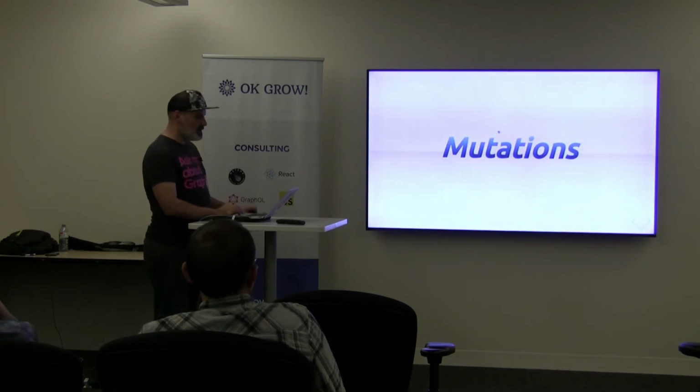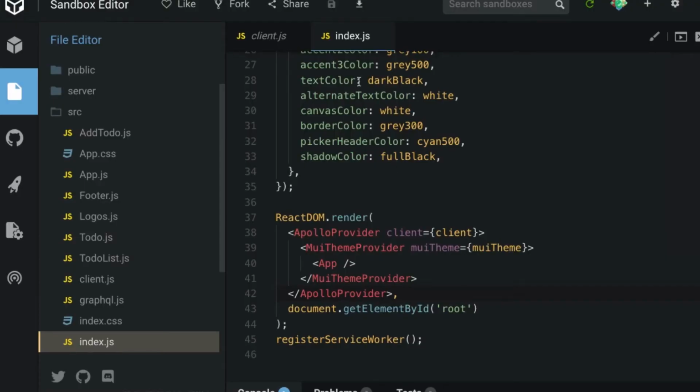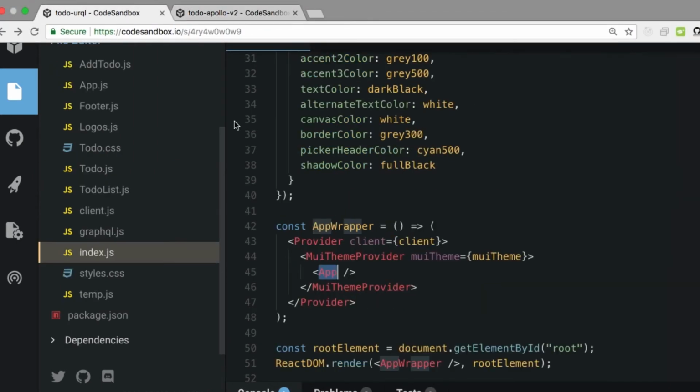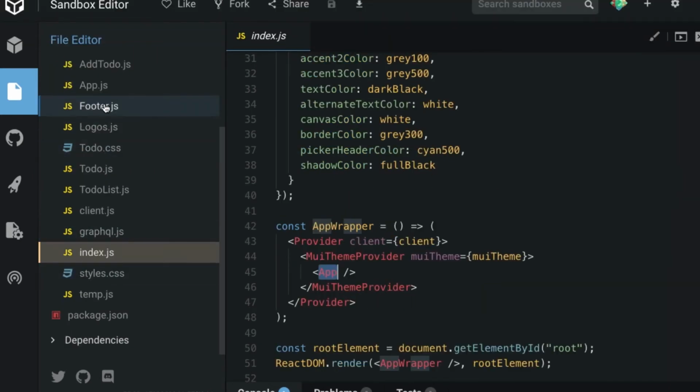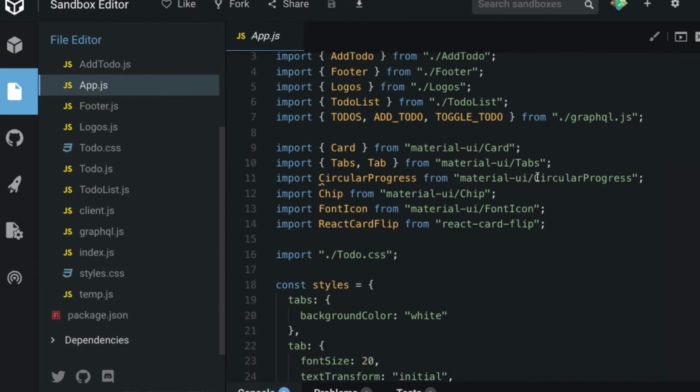Let's see how that looks in code. Let me shed some light. So I'm going to look into how I'm showing the list of to-dos. So let's see how that looks. And I'm going to change to Urql. And here, let me quickly go to the application. Over here, I'm going to